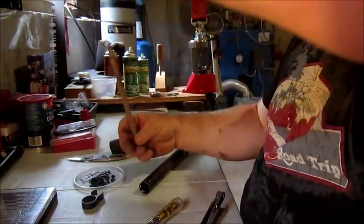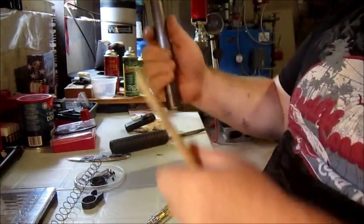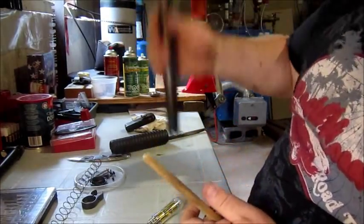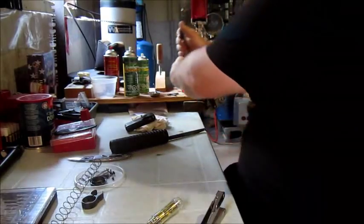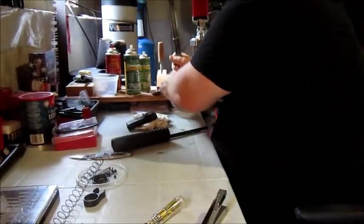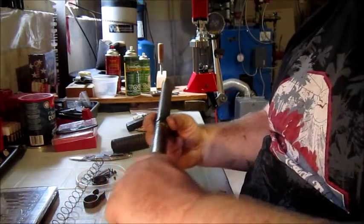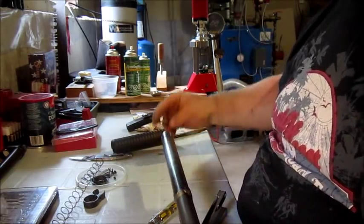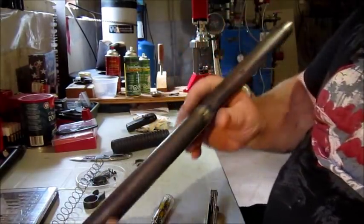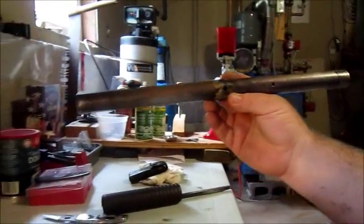As you can see, I had this pinned because, well, I'll show you in a minute. As you can see, the follower gets stuck in the middle. Lovely. Anyway,